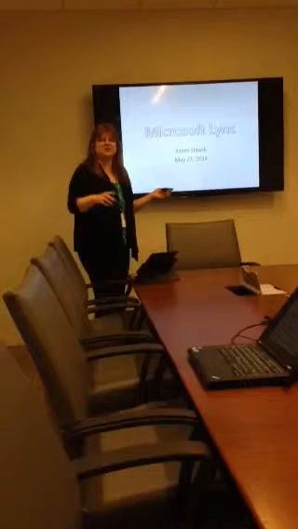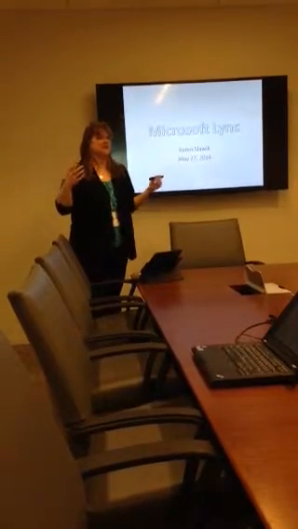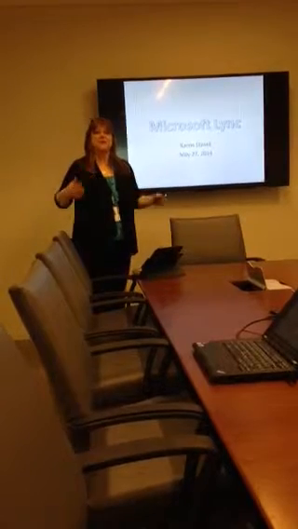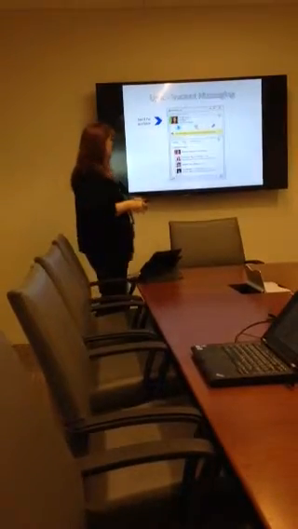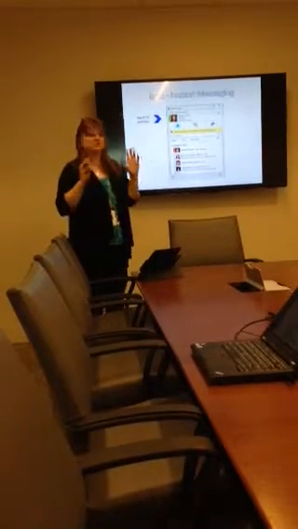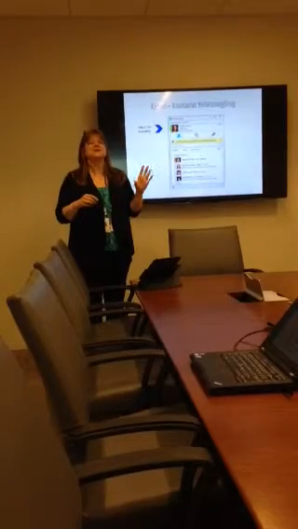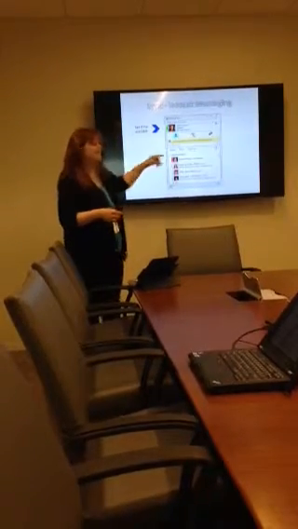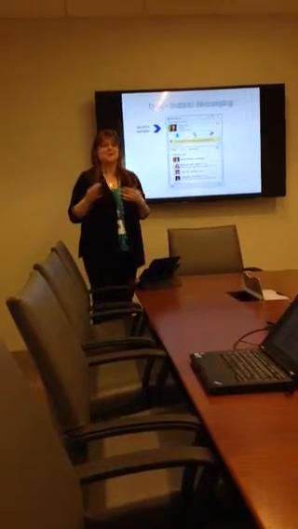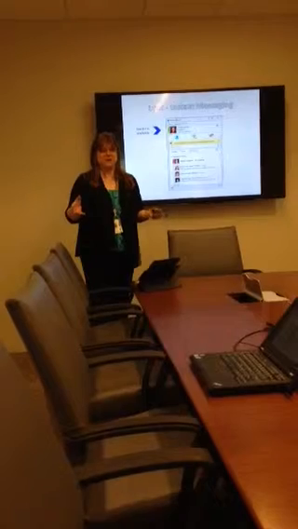Now, Lync is actually an icon on our desktop, so you can click on it and sign in, or you can have it like I do, where it simply pops up the minute that you start your computer. Then you'll see this screen, which is just the little icon, the box, and next to my name, there's a color. Green means I'm available. On my box here, you'll see one of my people has a red. That means in a meeting. So Lync actually tells you the status of these people.